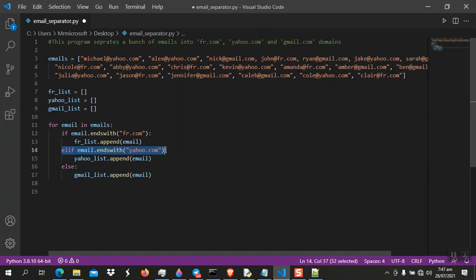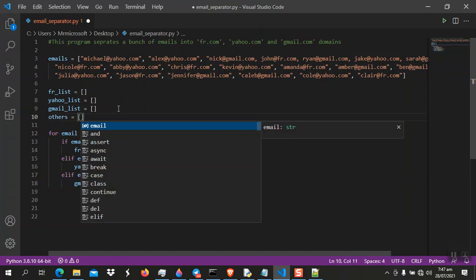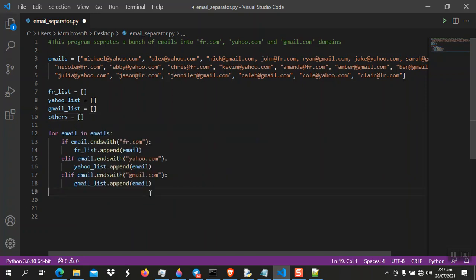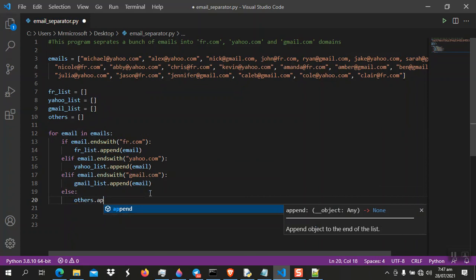Let's use elif to be sure, because we may have an email there which does not even end with any of these three. Just to be careful, we actually have Gmail. All right, so it's okay. In this case we don't have an else stuff, except we had something like others is equals to, but I don't think we have any others because I think I wrote it correctly. In this case, we can just write else others dot append